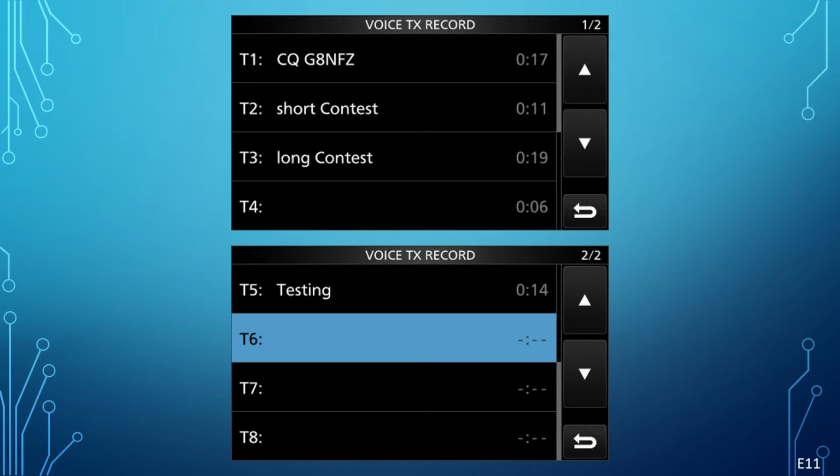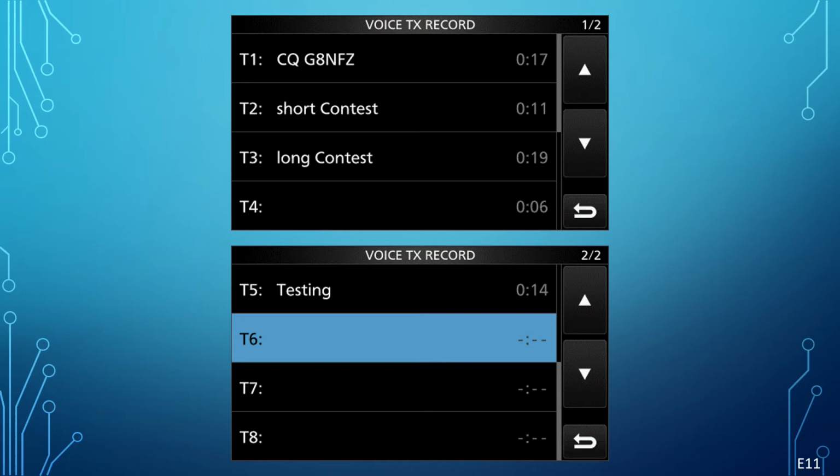Mine are basically CQ calls. Amusing when my rig is used stroke portable for a club contest and I go home to hear myself calling CQ from afar. All menus like this can be scrolled using the multifunction knob, by the way, or you can choose one by touch. I've selected the first empty one,